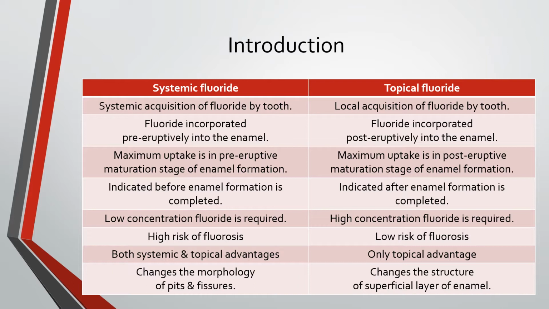The fluoride uptake by systemic fluoride is maximum when the tooth is in the pre-eruptive maturation stage of enamel formation, and that is where the maximum fluoride gets deposited into the enamel as fluorapatite crystals are formed instead of hydroxyapatite. So if you are using systemic fluoride, you can use it only before the enamel formation is complete. The window period is during enamel formation or tooth development. Once the tooth has developed completely and erupted in the mouth, then systemic fluoride is